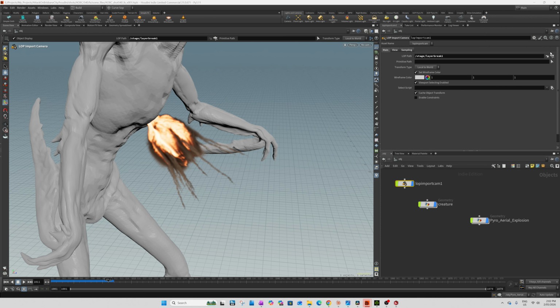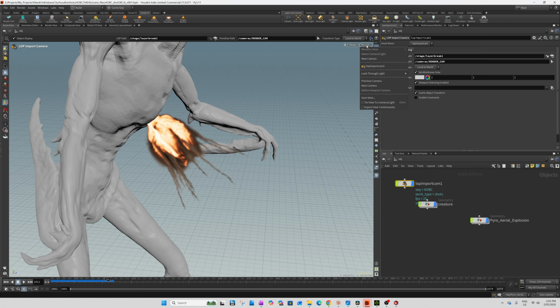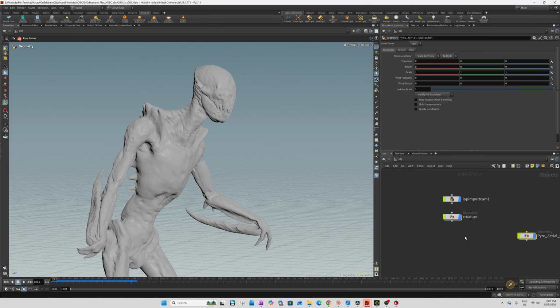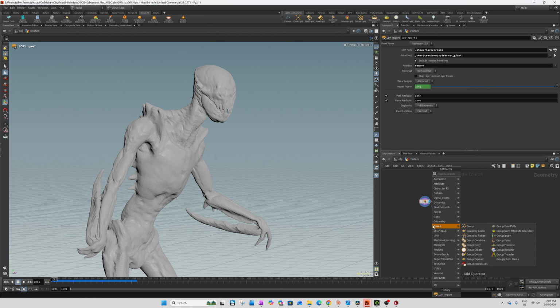Layer break. Render cam. Booyah. I'll probably just stop it now. Actually, before I do, I'll show you the render setups. But one thing we might want to do is